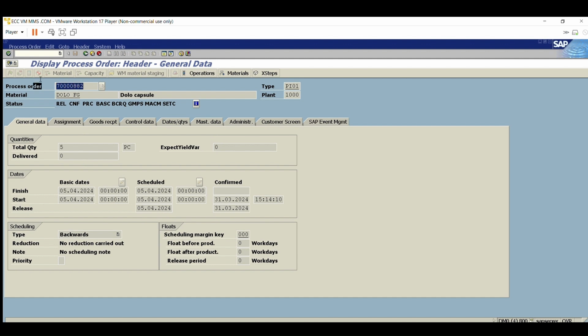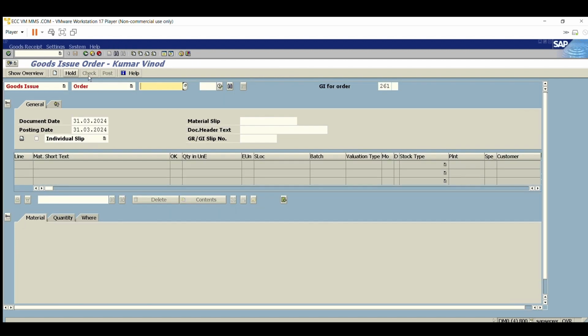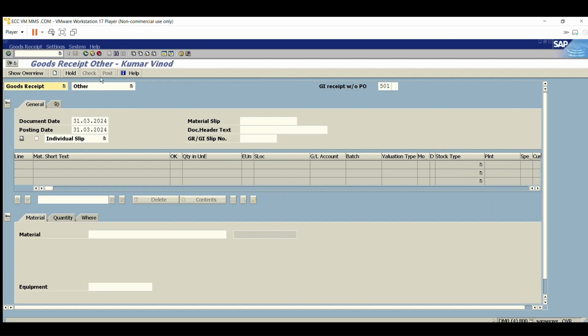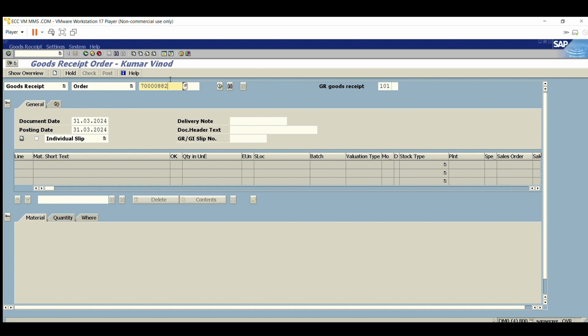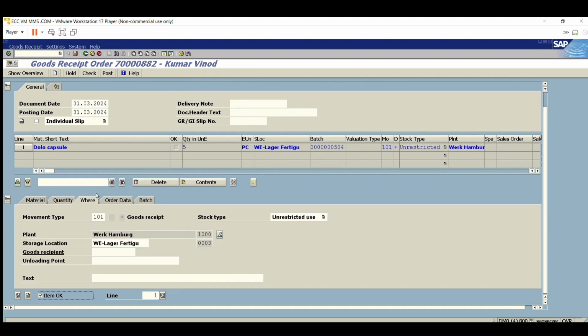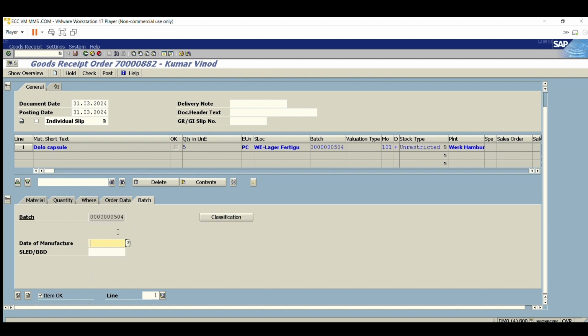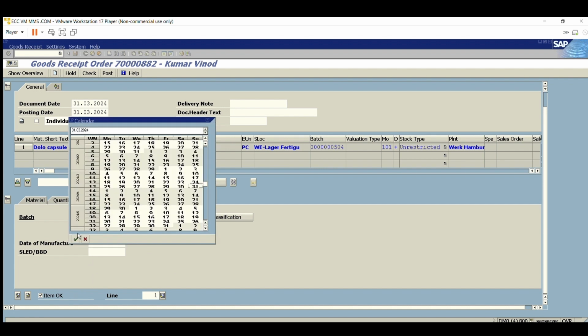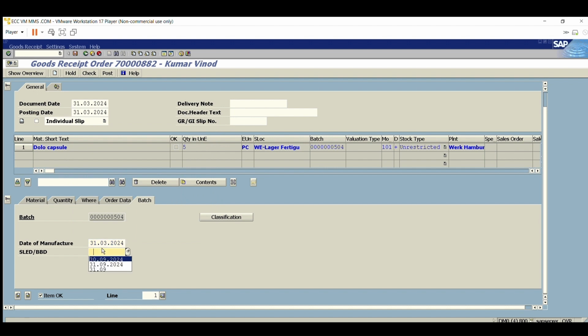Now we need to do GRN for the final product. So in MIGO only we need to do. So go to MIGO, goods receipt, against the order, enter the order number, click on execute, give item OK, quantity check, where, okay, the storage location automatically gets updated. The batch number we have provided, we need to give the shelf life expiry date, click on check,